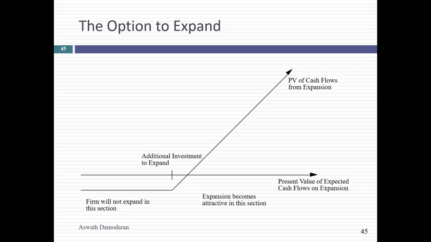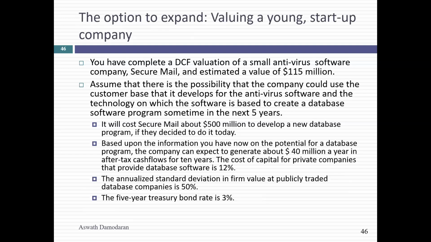It sounds innocuous, but this is at the heart of the strategic argument, right? When people say this is a strategic investment, what are they saying? This investment is not going to make money, but it could give us all this neat stuff in the future. It's an options argument. They don't use that language, but they're using an options argument. So let's see when that argument makes sense and when it doesn't. And I'll use a very simplistic valuation to illustrate how this can add value to your DCF.